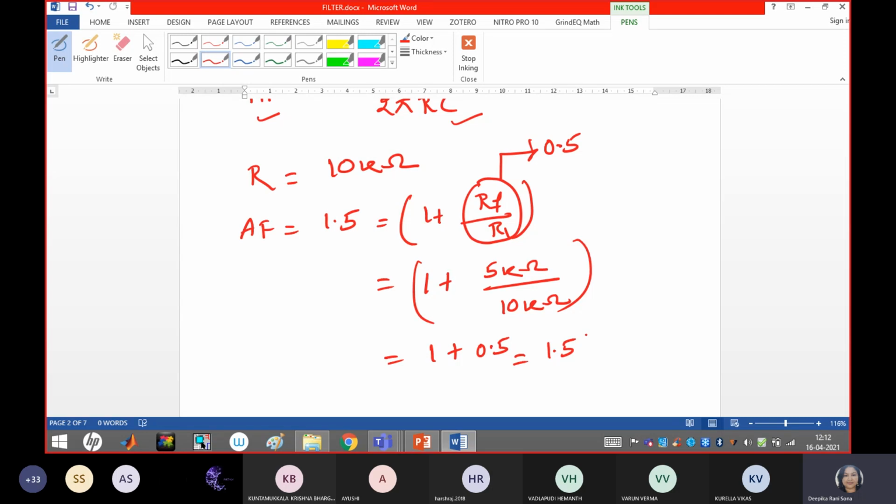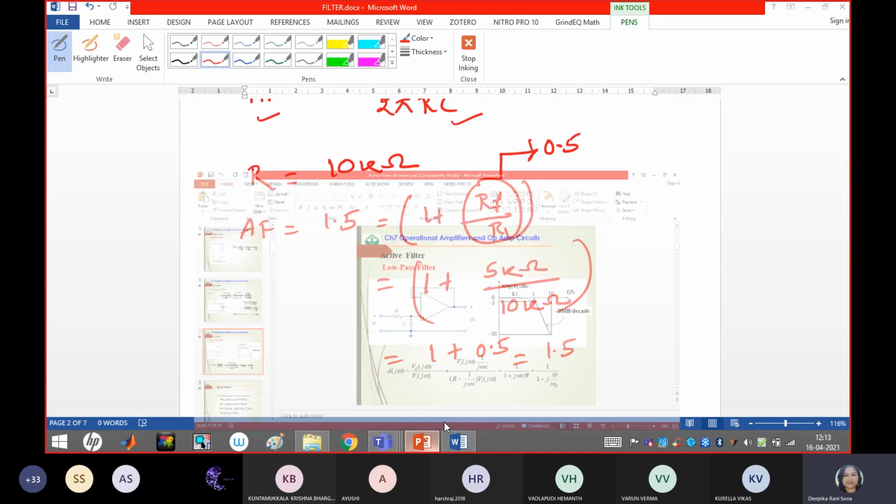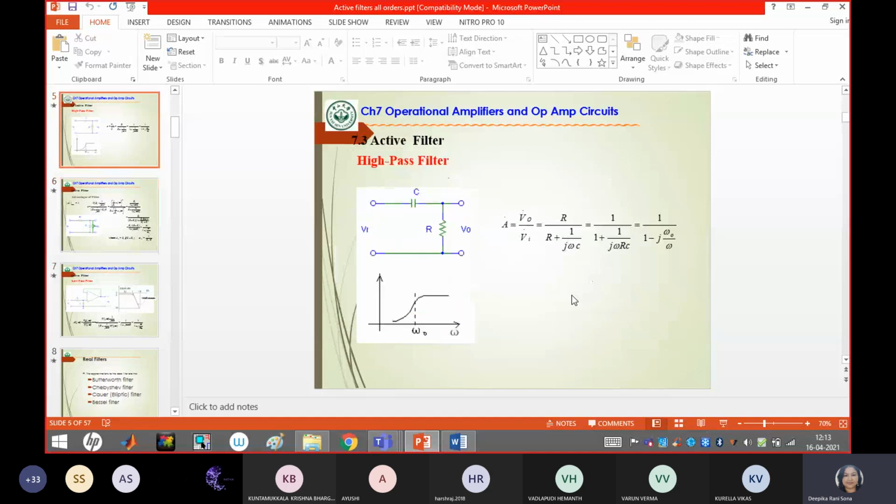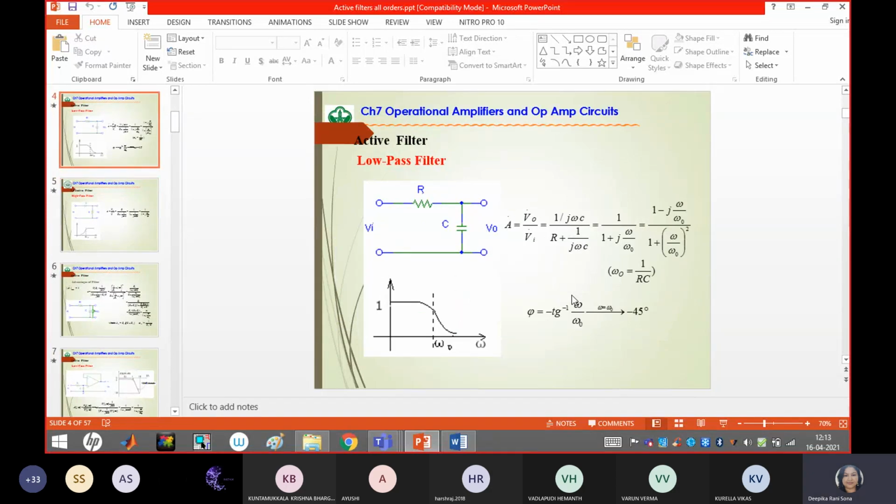But anyway, guys, we are not going to ask first order. We are going to ask second order, third order, from low pass or high pass, because this is the basic one, and based upon this only we are going to design. If this is over, the same kind of consideration can be applicable for the first order high pass filter. Now I will show you guys in the form of PPT only the second order low pass and second order high pass filter and the design steps involved in that.